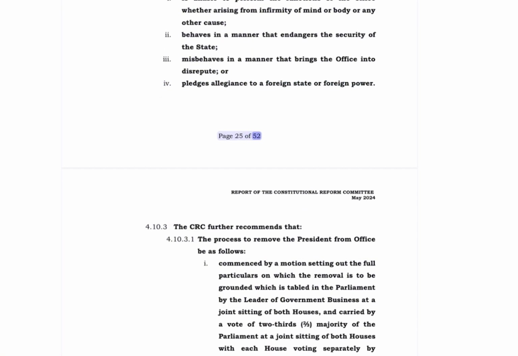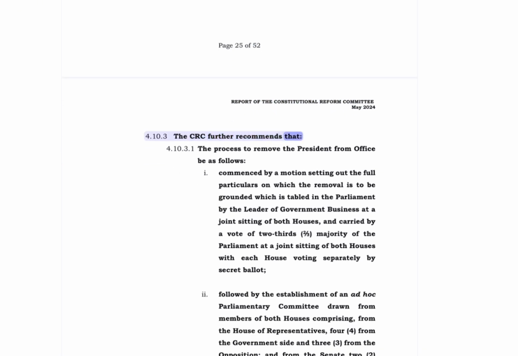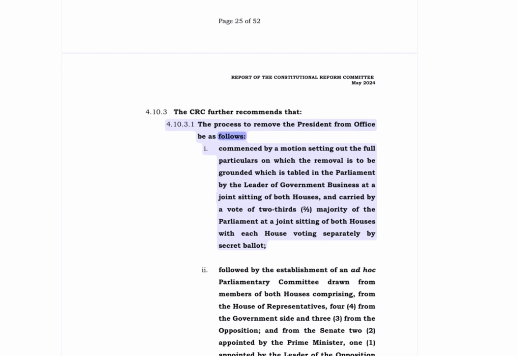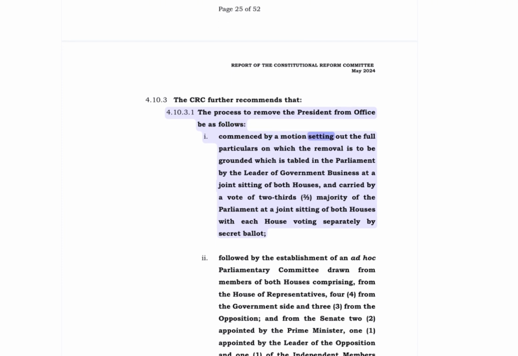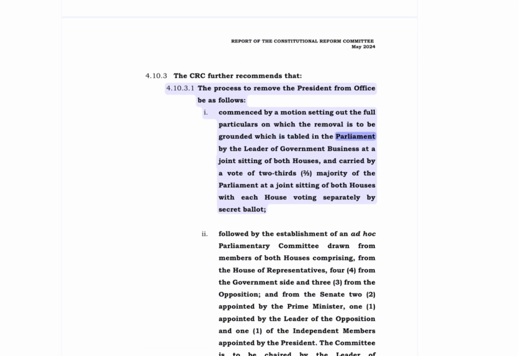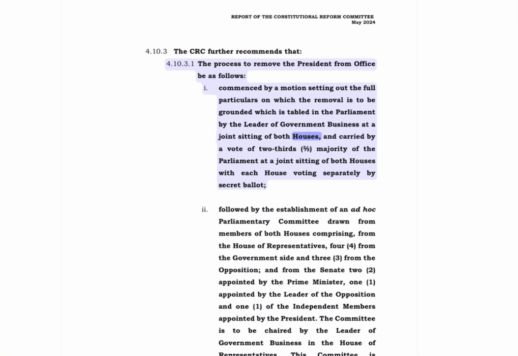Page 25 of 52. Report of the Constitutional Reform Committee, May 2024. 410.3 The CRC further recommends that 410.3.1 the process to remove the President from office be as follows: 1. Commenced by a motion setting out the full particulars on which the removal is to be grounded, which is tabled in the Parliament by the Leader of Government Business at a joint sitting of both Houses, and carried by